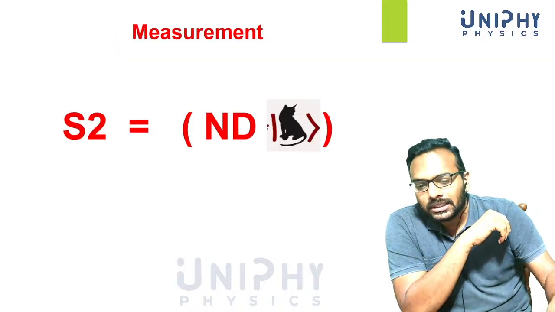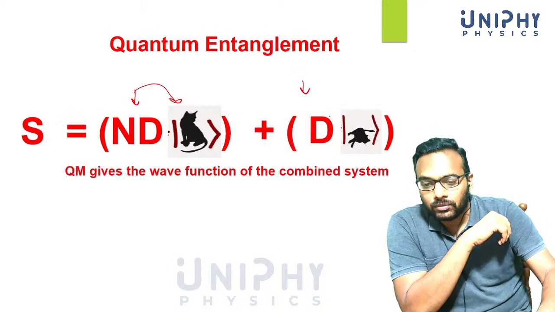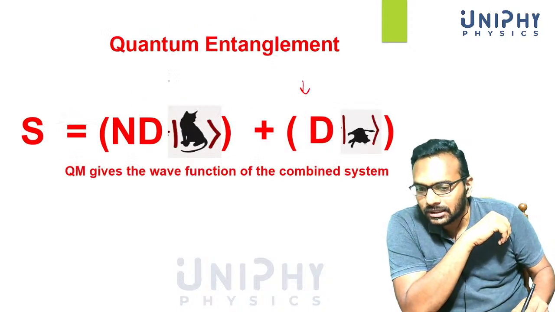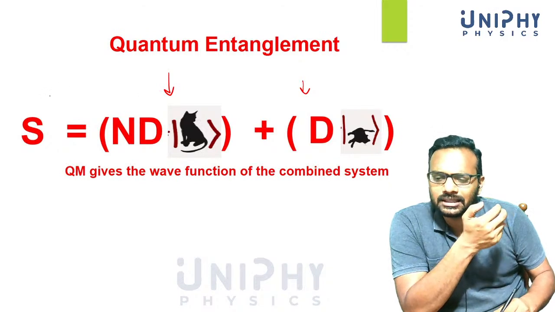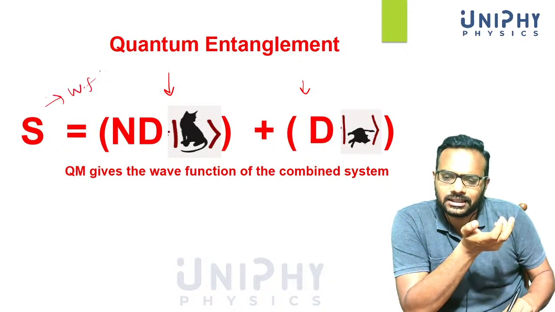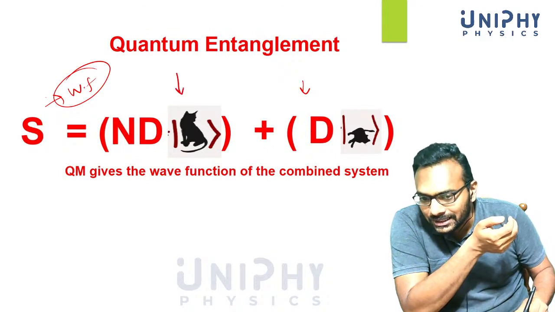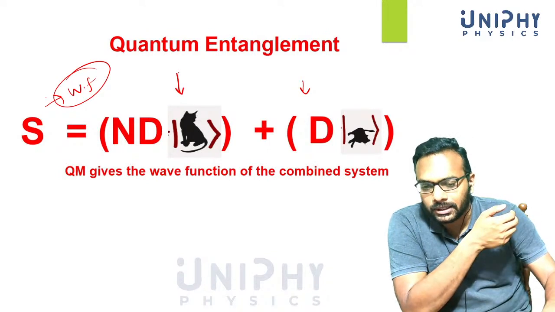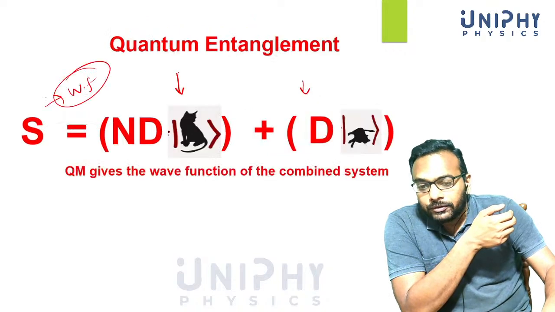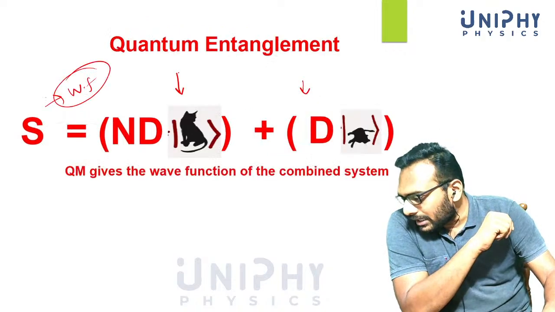Now what happens? If you measure an alive cat, what actually happens is that you are finding yourself in this branch of the wave function. I will generally call this the wave function. So the wave function actually collapses to this state. Now if you assume that the wave function is not actually collapsing,